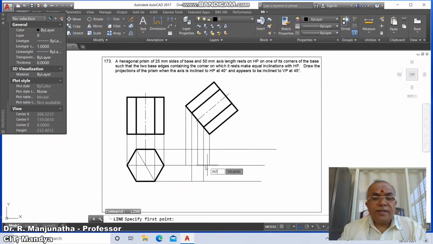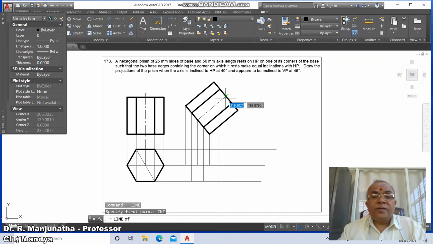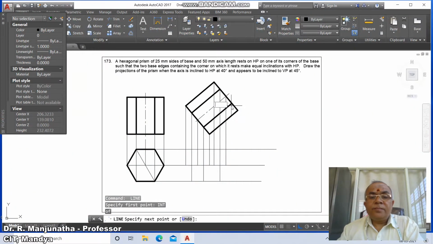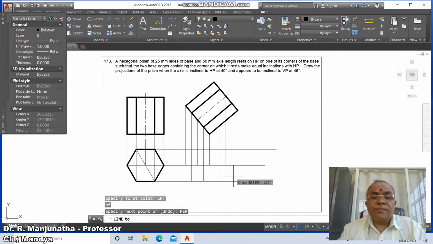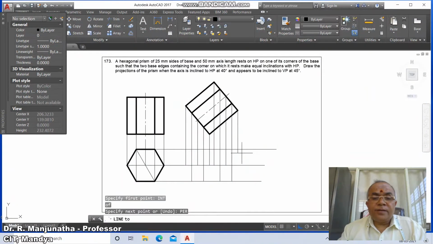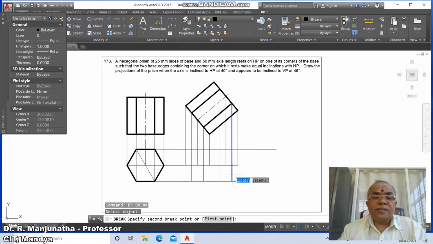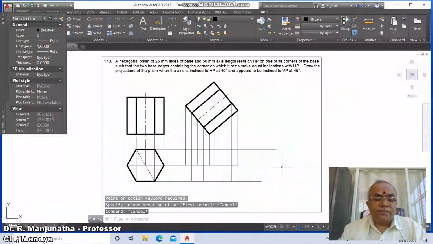Now we go for line, int of this and draw perpendicular to this, then go to line int of this and take perpendicular to this, then go to line int of this and draw perpendicular to this, then go to line int of this and draw perpendicular to this, then go to line int of this and draw perpendicular to this, then go to fillet between these two, then go to trim, select this as the cutting edge, and then